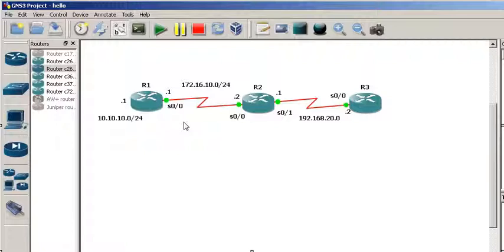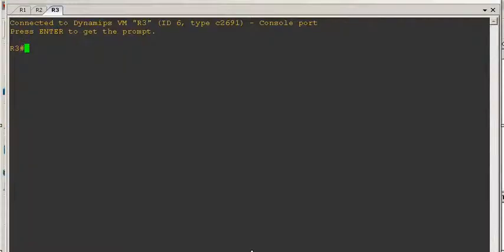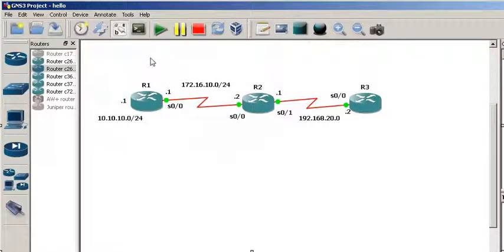So what I plan to do is, instead of putting another router here to simulate the 10.10.10.0 network, we're going to use a loopback. We're going to do that right now. You will notice that the network here is basically the same. So basically, we're just going to assign the IP addresses. So let's go to router 1,